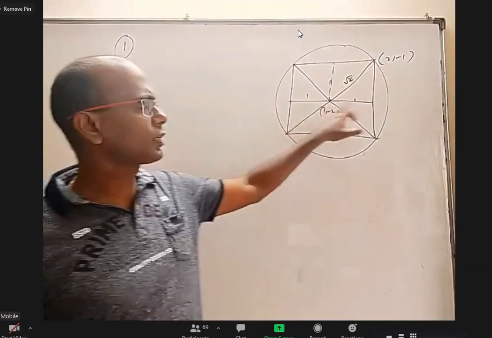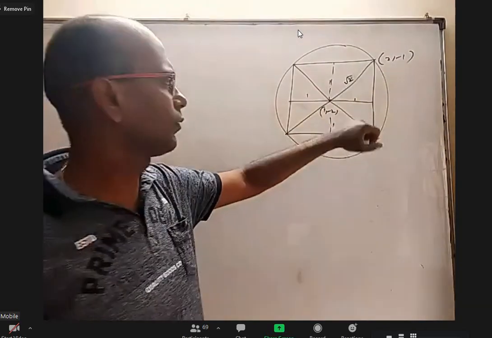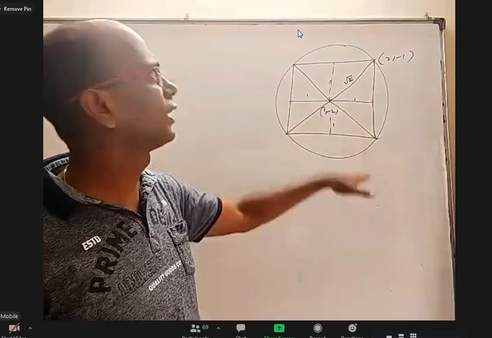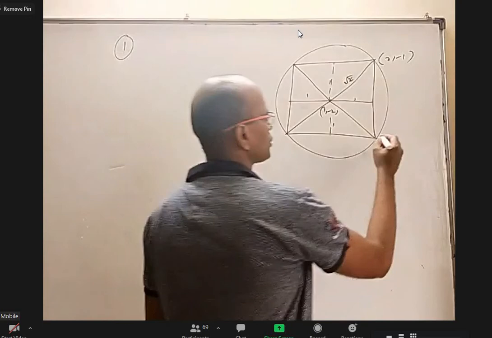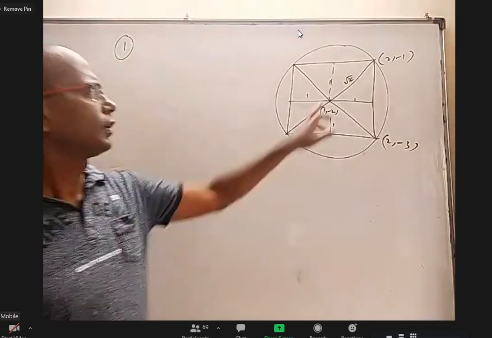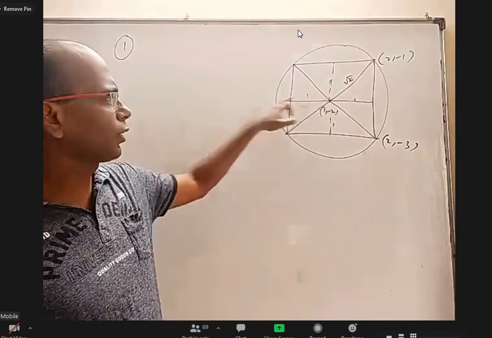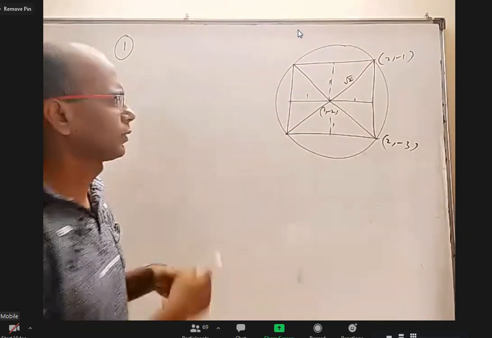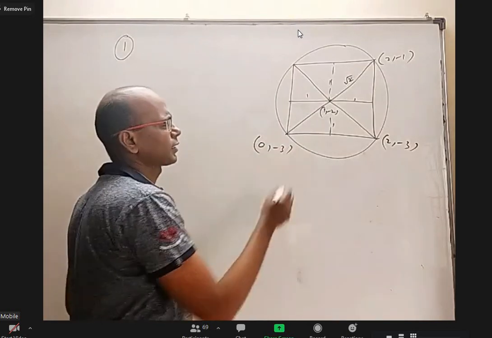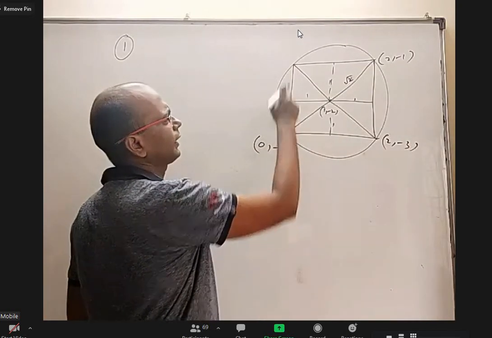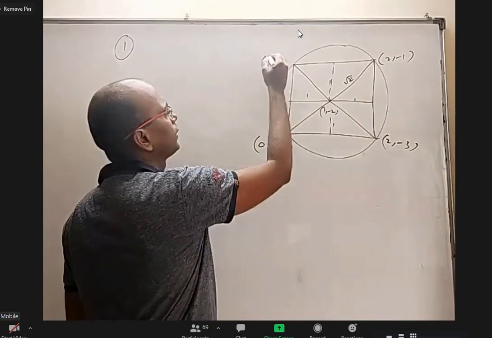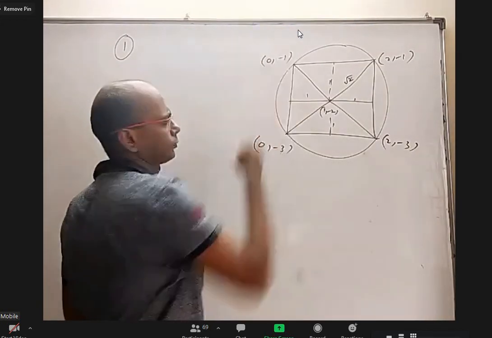Here you have to go horizontally 1 unit forward and vertically 1 unit downward. So x coordinate will increase by 1 and y coordinate will decrease by 1. From here to here, you have to come back 1 unit, come down 1 unit. X coordinate will decrease 1, y coordinate will decrease 1. Here decrease 1 here and add 1 here, because we are going up.